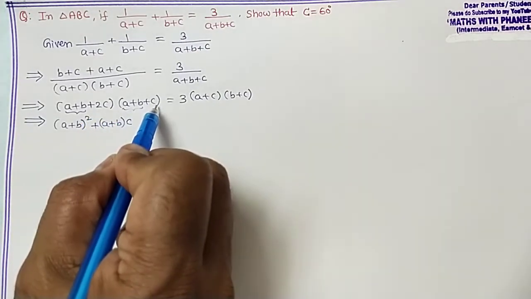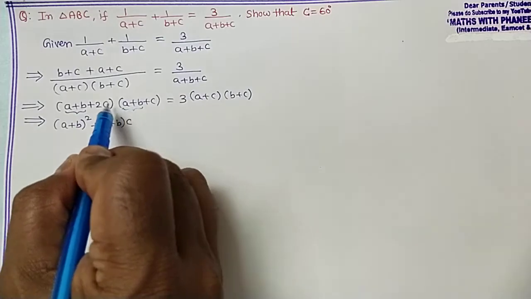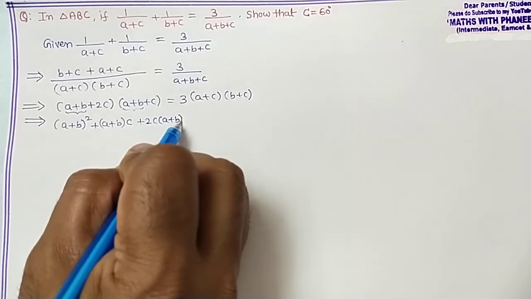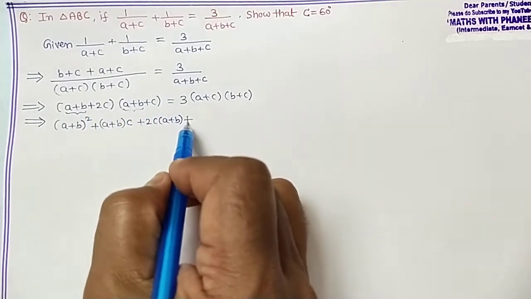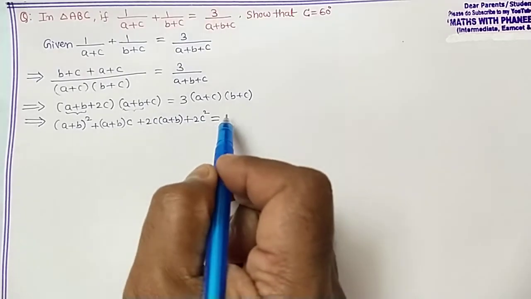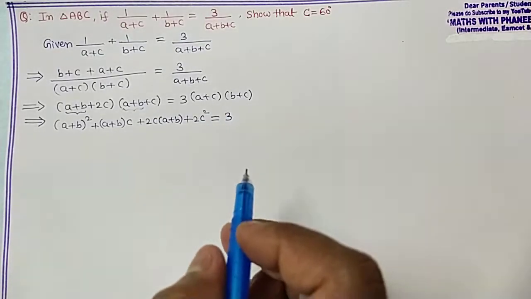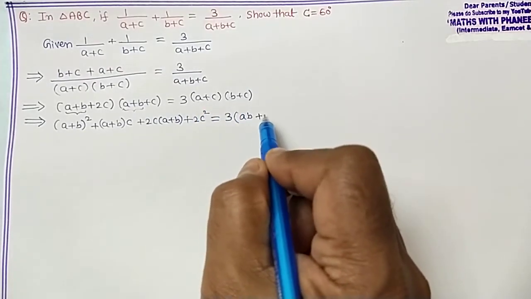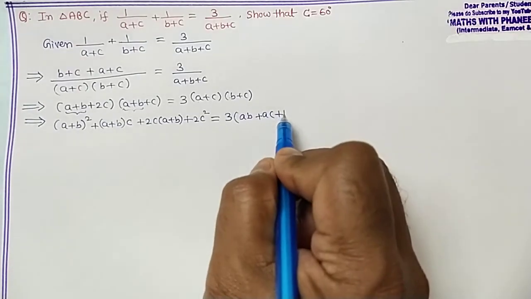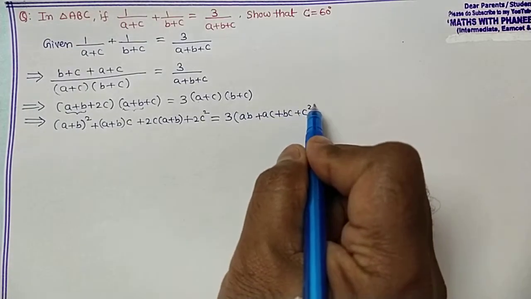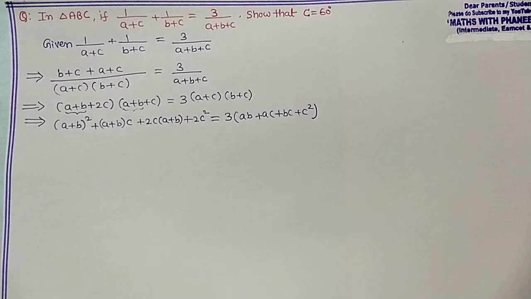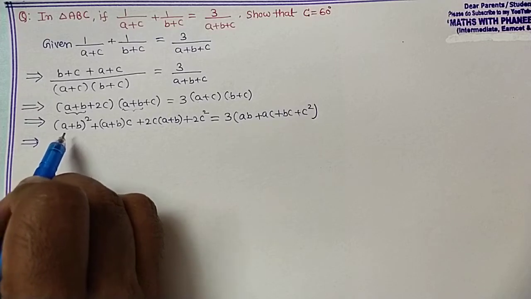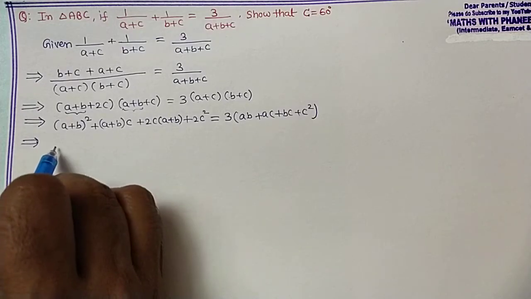So this term completely multiplies with a plus b. Next, these two you have to multiply: plus 2c into a plus b plus 2c square, 2c into c, which is equal to 3 into the actual multiplication: a into b plus a into c plus c into b, or bc, plus c into c, square. After reaching this step, that implies here a plus b plus c whole square means it will become a